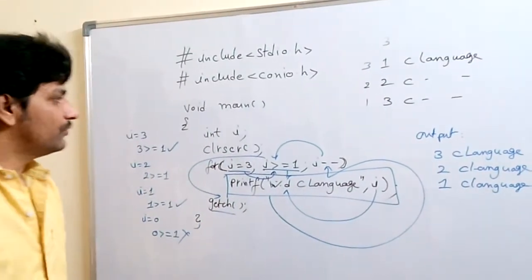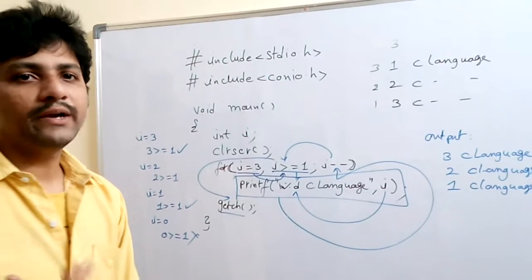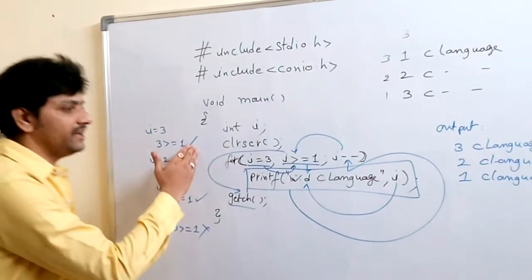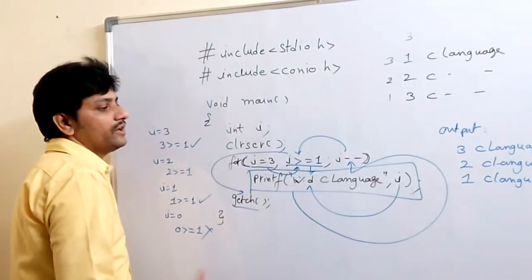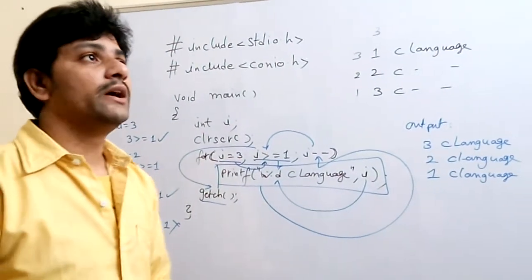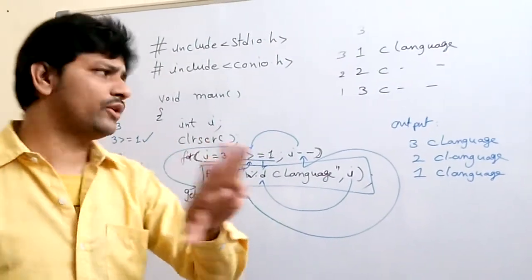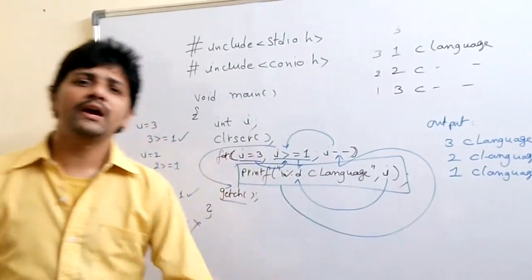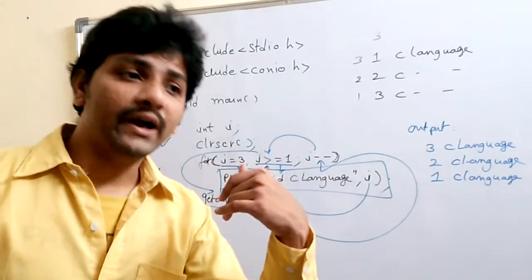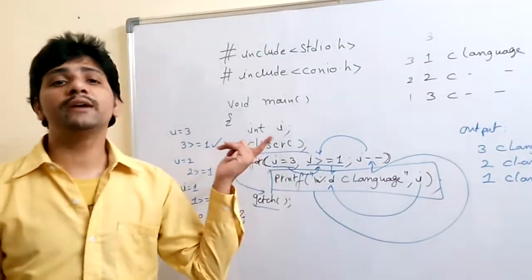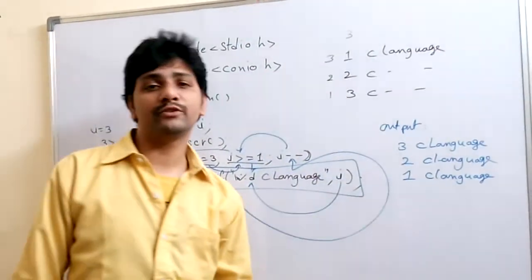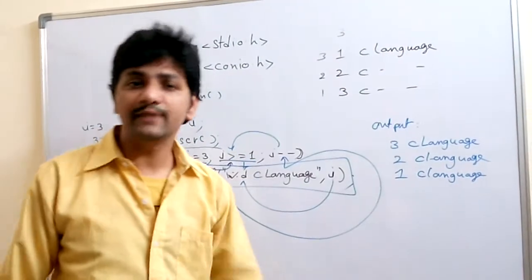Now we are going to write a program for a range of numbers. Here 3 numbers, 3, 2, 1, are displayed. For example, I need to display C language 3 times. No matter how many times I execute the same program, it is going to be displayed 3 times only. Not like this. I have to ask the end user how many times they need to display C language. For example, if he needs 10 times, 10 times C language must be displayed. If he needs 100 times, 100 times must be displayed.